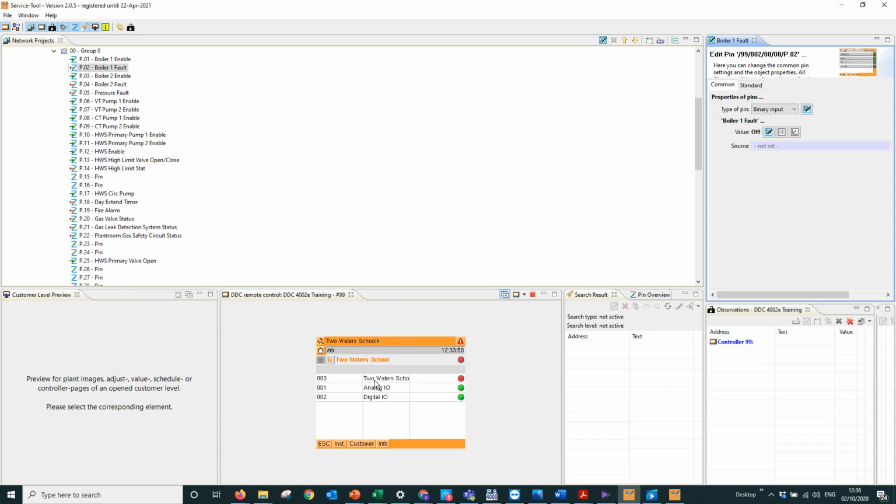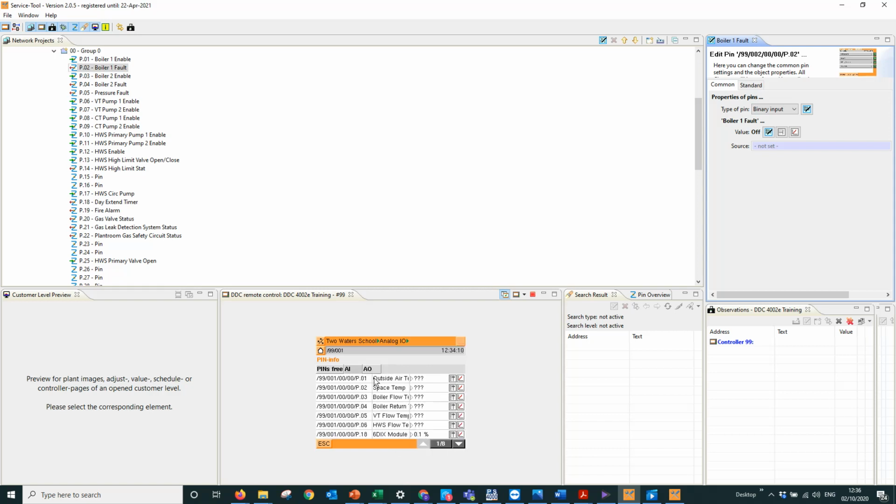There's quite a nice way of just clicking on analog and clicking on info, and the outstation will group all the variables from inputs to outputs in a nice, sensible, easy to find list. So if I wanted to look at analog inputs,